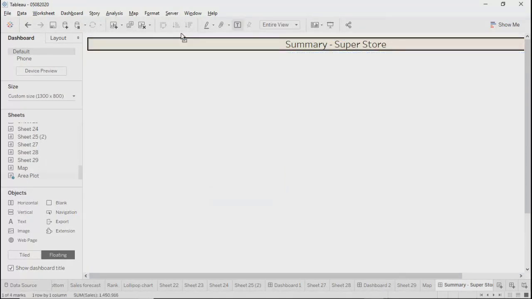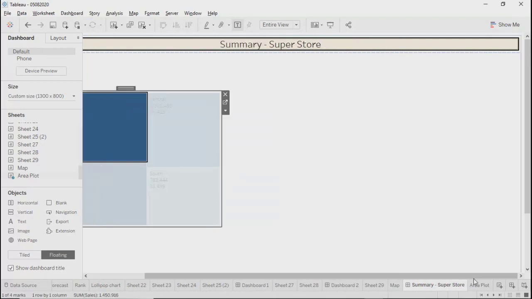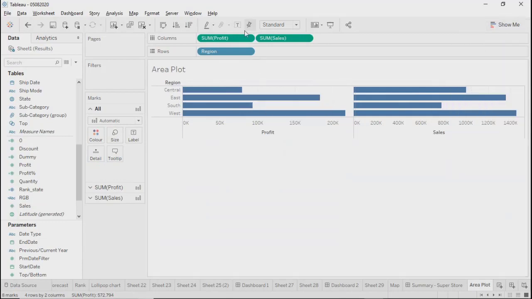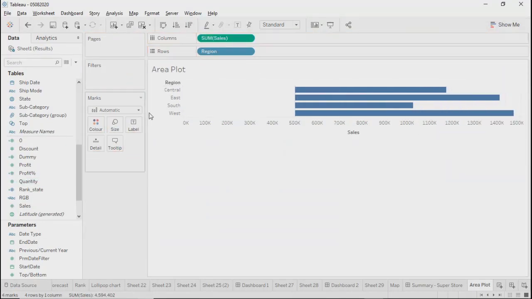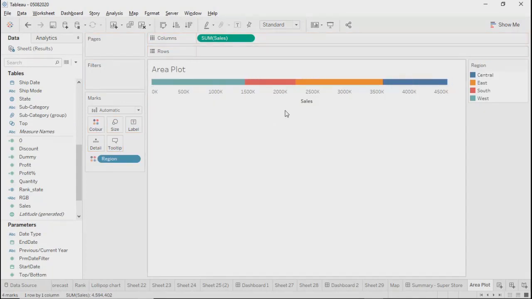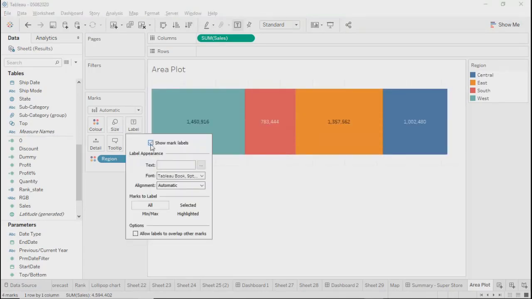Now over here, there is one more thing. If you go to this particular chart, area plot, maybe if I take it as a bar plot, we can take. What I'm trying to do here is region, I'll put region on colors. And we'll hide the header, show labels.